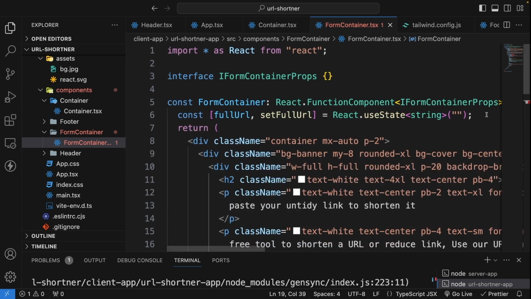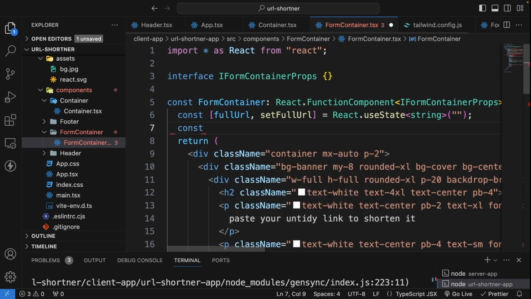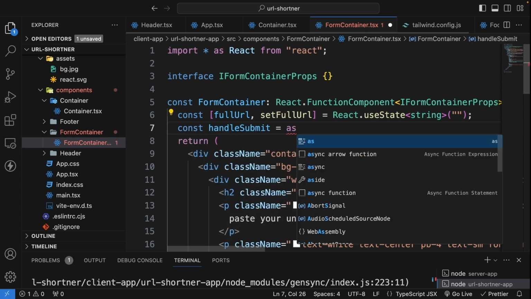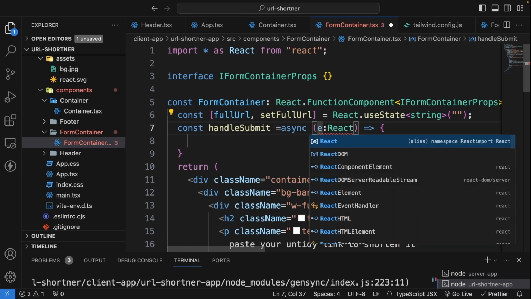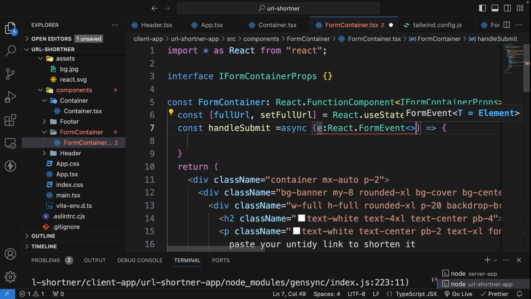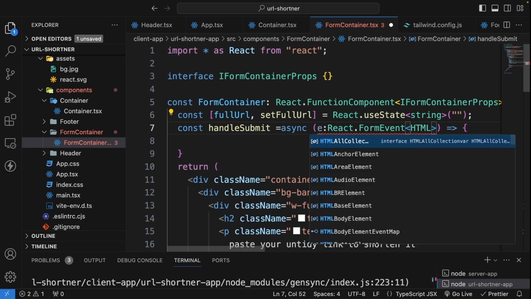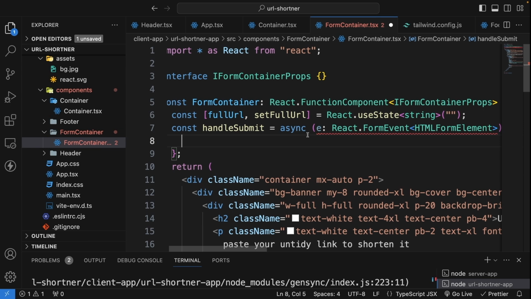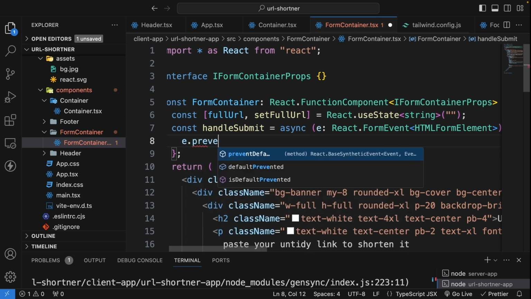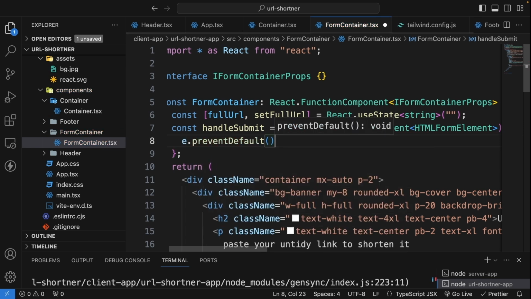I'm going to have a constant, handleSubmit, and this will be equal to an async arrow function, where we are going to have the event as param, and this will be of type React.FormEvent, and we are going to have the HTMLFormElement. Now let's write the function here. I'm going to have event.preventDefault, so that my page doesn't refresh whenever a user clicks on the